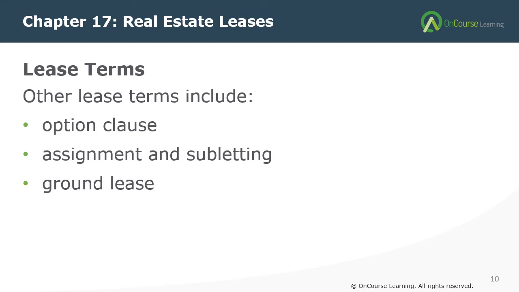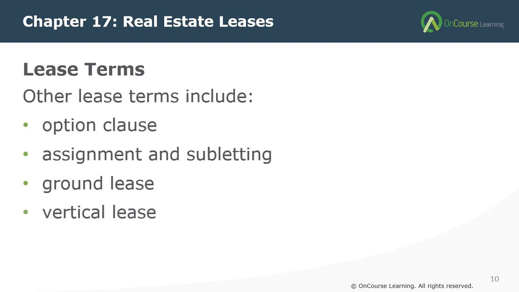But since the lease is for such a long period of time, the tenant will recover their investment in that improvement. So here we have some party owning the ground and another party that owns the improvement, that owns the